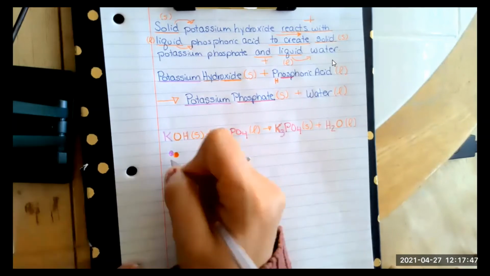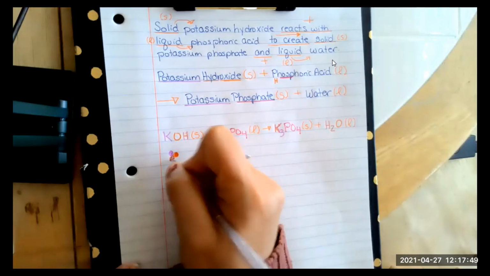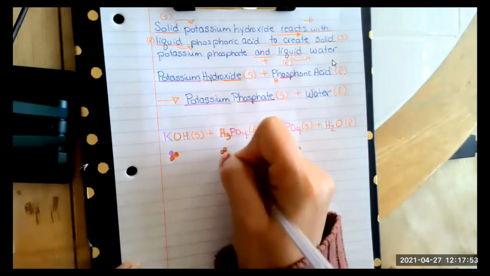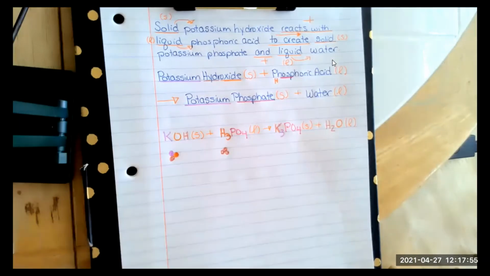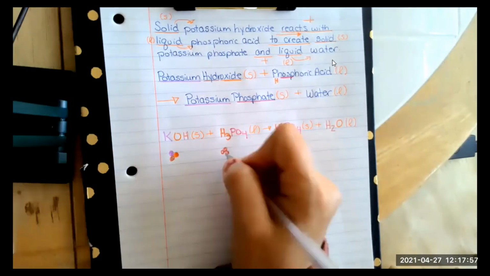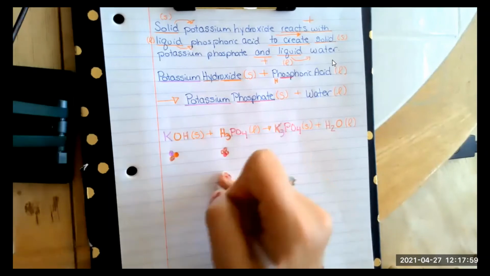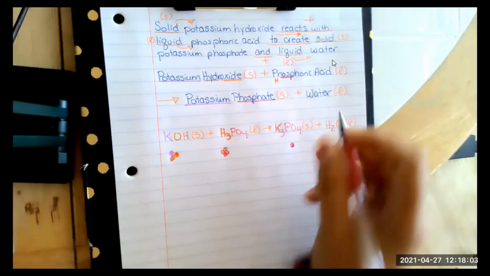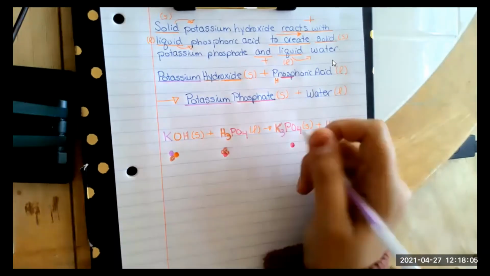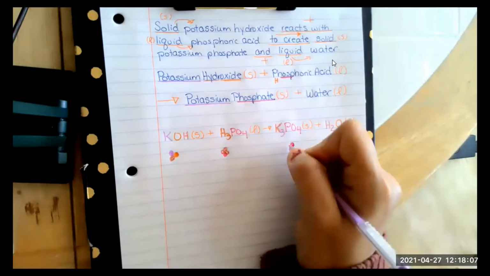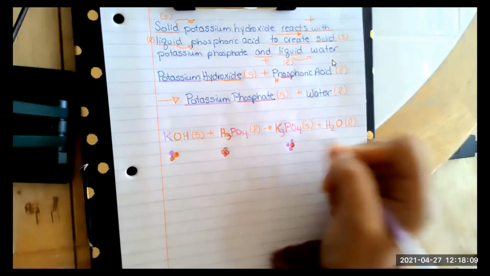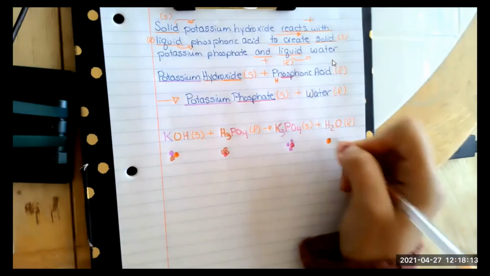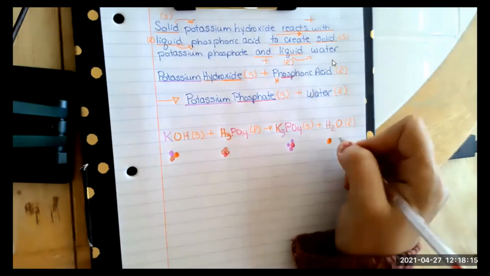Here we have 3 H's, and I'm going to fix the color coding down here so we can follow it. And we have 1 phosphate, because for every 1 phosphate, this comes with 3 hydrogens. Over here, we have 1 phosphate for every 3 potassiums. And over here, you have 1 oxygen for every 2 hydrogens. And remember, you can't just create part of a compound, you got to create the whole